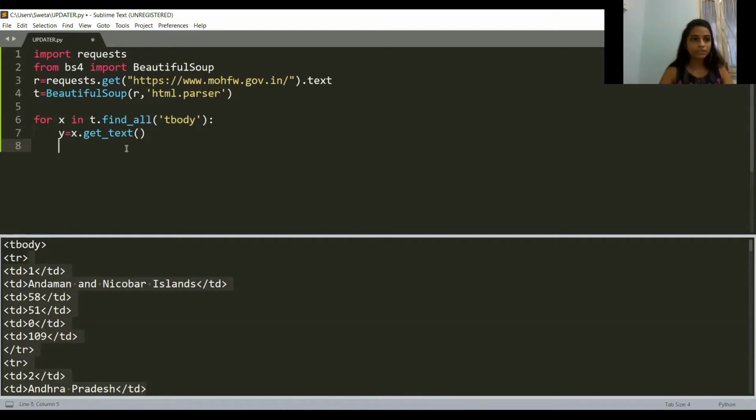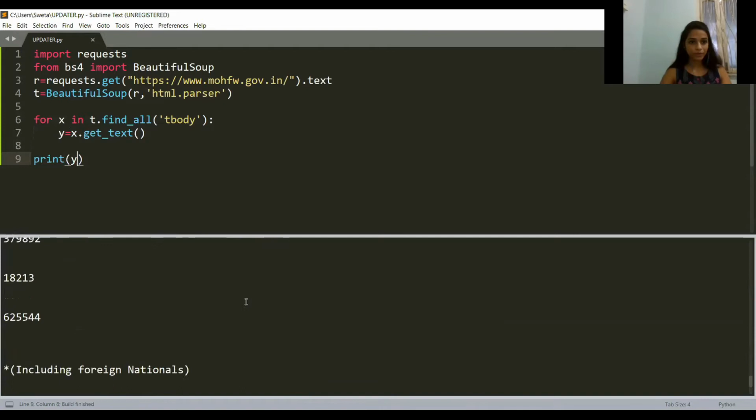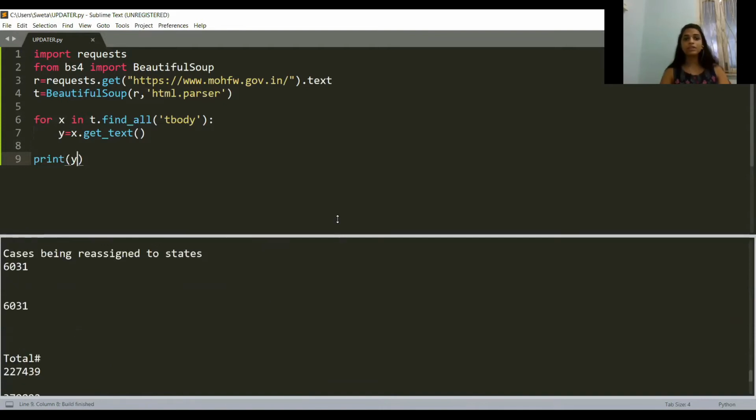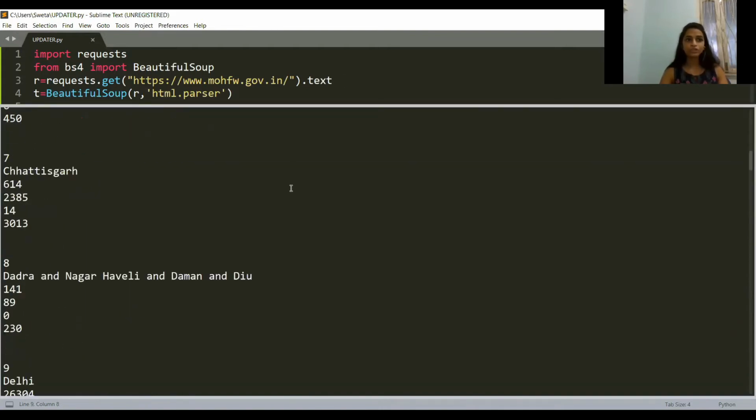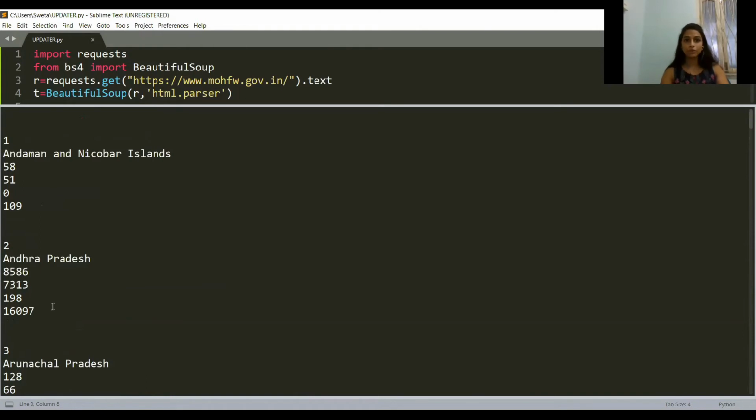Then after coming out of this loop, if I write print y, see, this is returning me the content of the table, whatever was inside the T body, as text over here. Now I want to have this information row by row. So I can split this particular thing at these backslash n's over here.